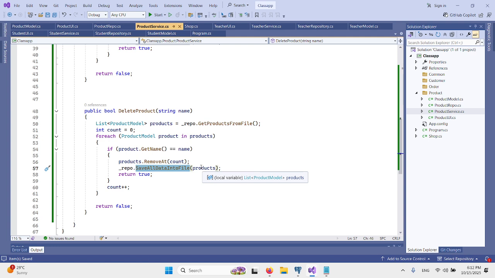Sorry? वो हमने प्रोजेक्ट का ऑब्जेक्ट नहीं भेजा हुआ ना, हमने नेम भेजा हुआ. हम नेम की बेस पे डिलीट करवा रहे हैं. अगर पूरा ऑब्जेक्ट भेजते तो फिर हम सिर्फ ऑब्जेक्ट बताते तो खुद ही डिलीट कर देता. हम इंडेक्स की बेस पे करवा रहे हैं ना. हम कह रहे हैं कि इनिशियली काउंट की वैल्यू 0 है, लूप चलेगा, हर दफा काउंट प्लस प्लस होगा. तो जिस इंडेक्स पे हमें वो मैच कर रहे हैं उस इंडेक्स पे जाके उस लिस्ट में से रिमूव करवा दो. ठीक है? So this is the delete product function.